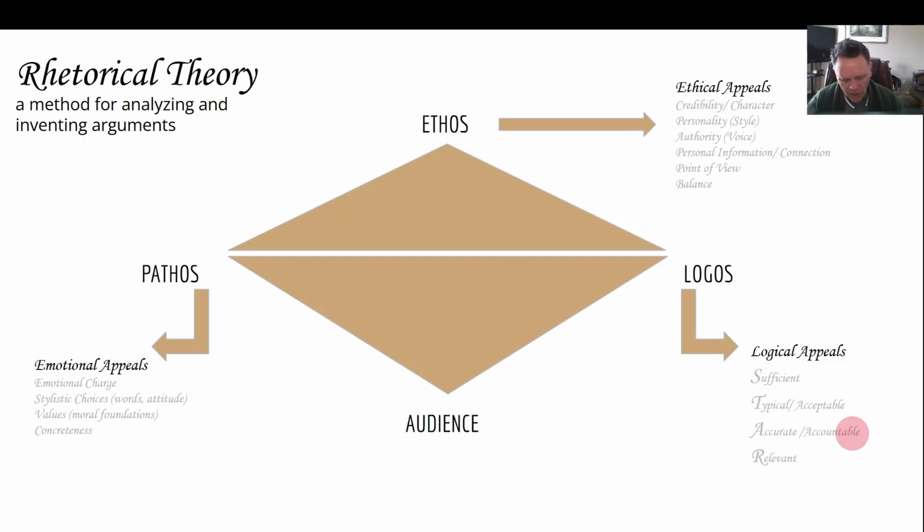If your ideas are accountable to testing, what that means is that I can look at the same reasons you're presenting. I can look at the same evidence, and I should see how you came to the conclusions that you came to. Accountable to counter arguments means that you've considered alternative interpretations of the evidence. You've considered alternative reasoning and you have good reason to reject it. That's accountability. So when we're talking about accuracy, we're talking about it needs to be testable, it needs to be accountable to counter arguments,